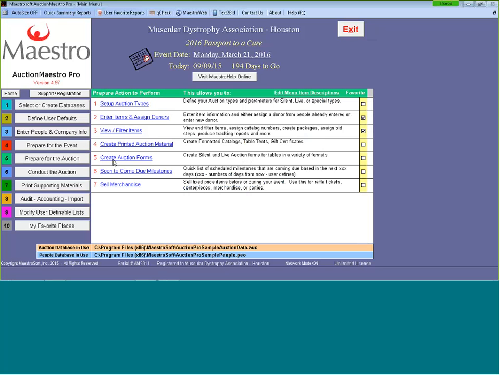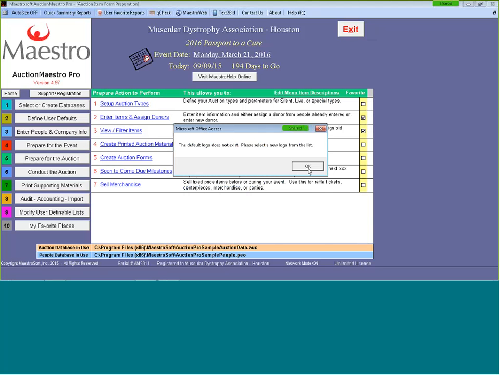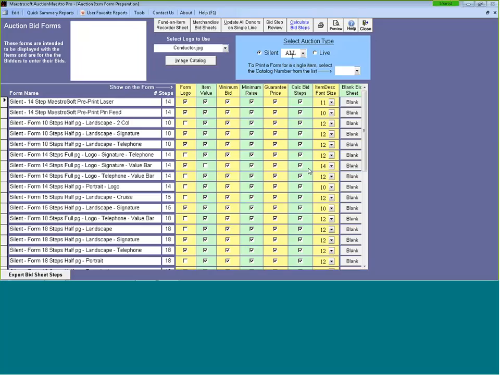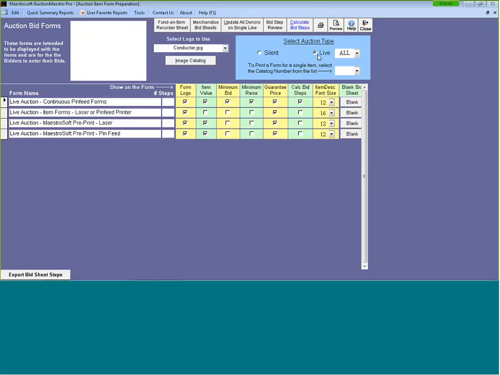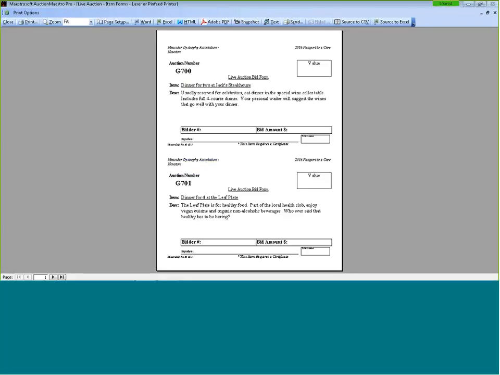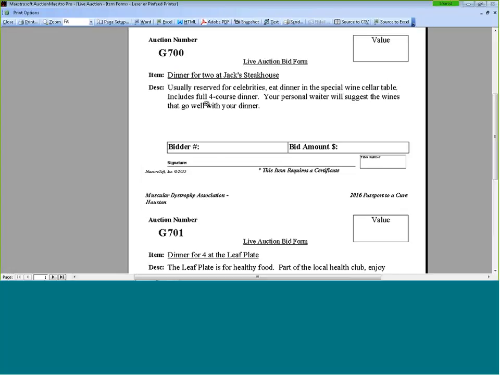Under 5 and 5, create auction form, you see where up at the top it says select auction type. You have silent and you have live. And the forms I was showing you earlier were for the silent auction. But if you tell it live auction, it'll show you there's only 4 forms that they have for your live auction items. And if you double click on this one,